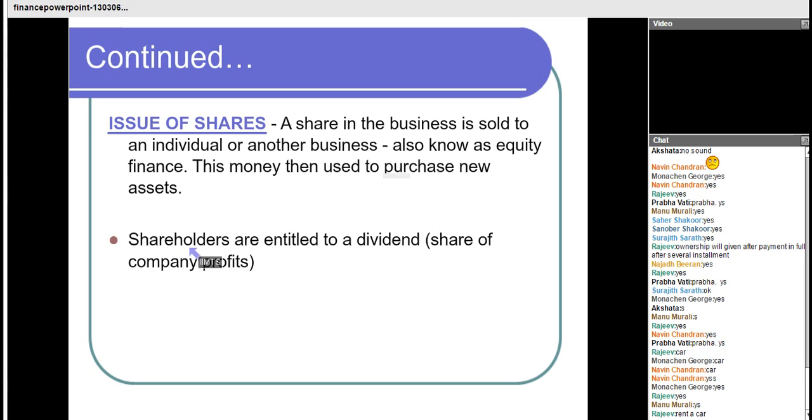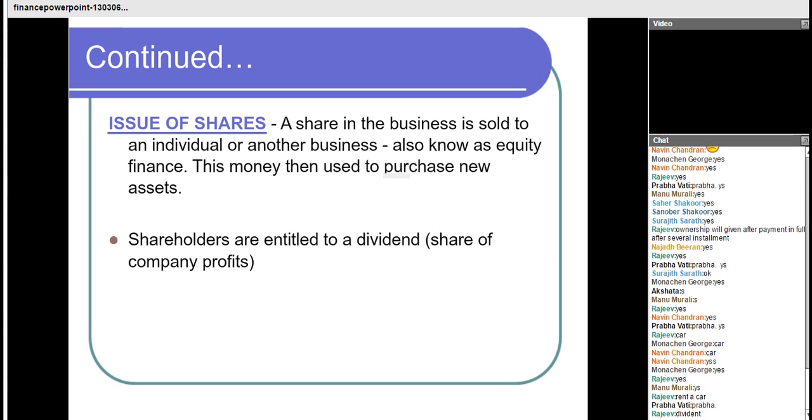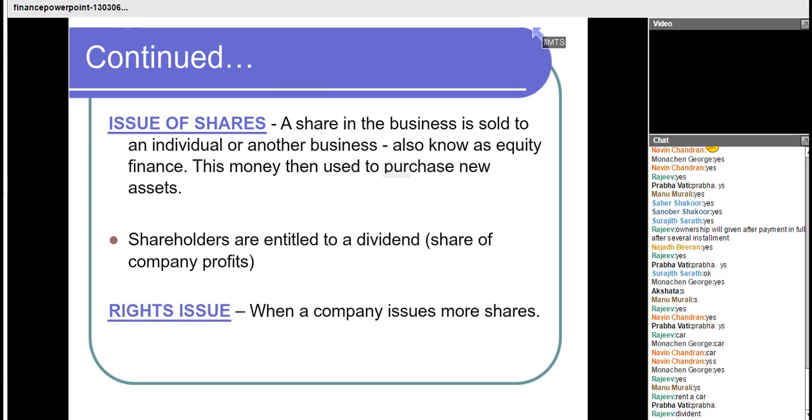And what is the interest of the shareholders? Means why are they going to purchase the shares? First is they get the ownership rights. That is one reason. And the second is they get dividend also. Dividend is part of the profit of the company. Yes, Rajiv, dividend. And this type of right is available when you own a large number of shares of a company. So share is a big gamble.